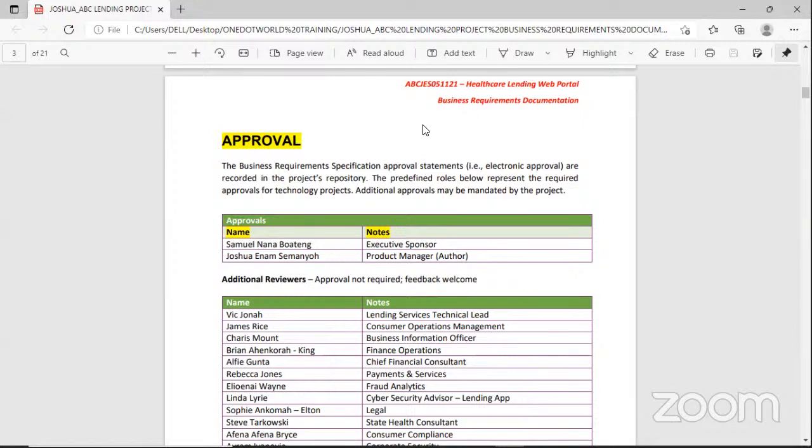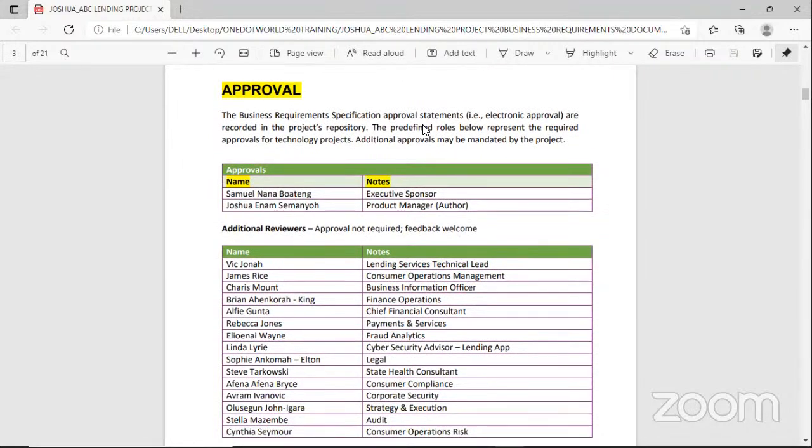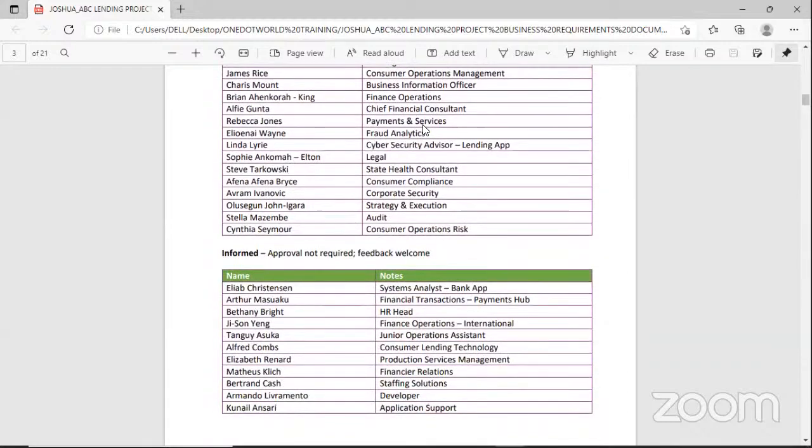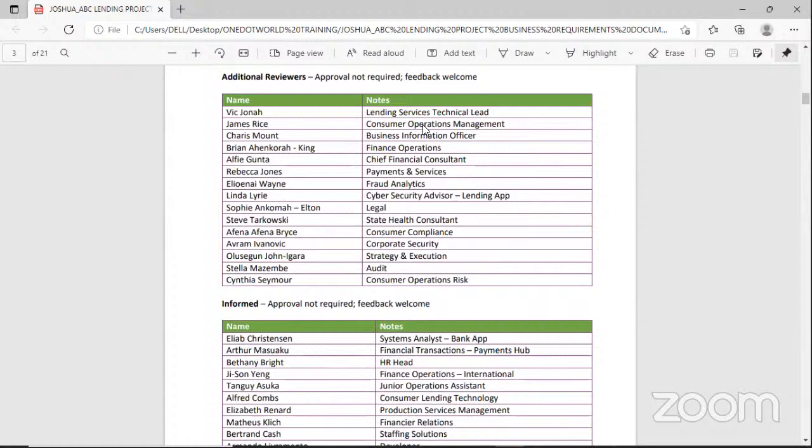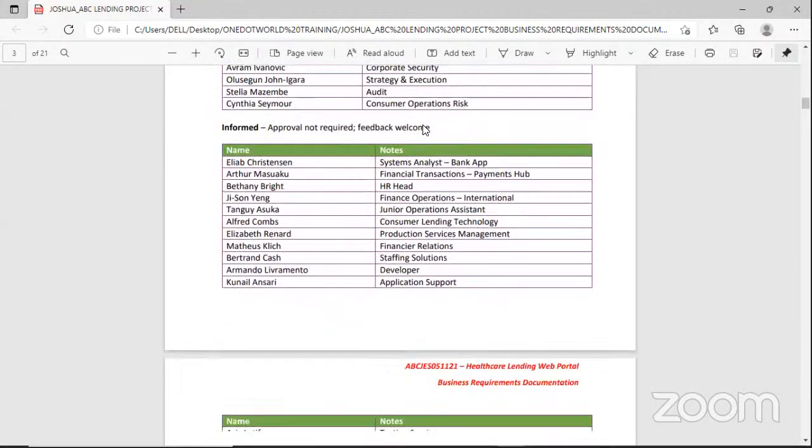The key person who will give his approval after reviewing this document is Mr. Samuel Anabwatin. However, there are additional reviewers in this meeting right now, whose feedback is welcome, but who do not have the ultimate approval. We can see the system analyst, the legal advisor of the company, and others listed here.